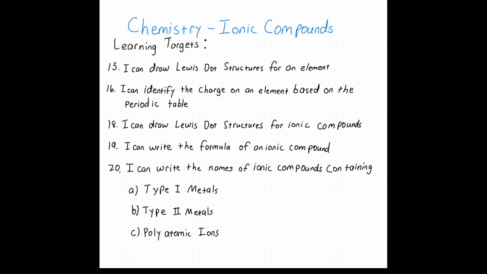And we'll also talk about what those polyatomic ions are, what a type 1 and a type 2 metal are, although you should be kind of familiar with what the PAIs are because you should have just finished up a quiz. So let's go on to the next page where I have two elements written, magnesium and oxygen,